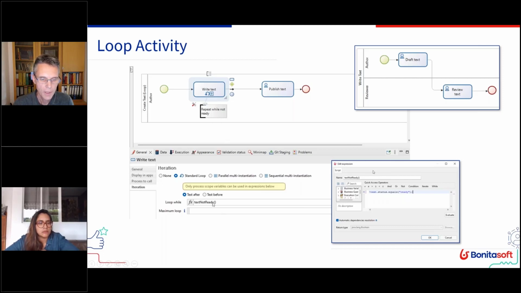So here we have that condition. Here is the exact definition. There's a status attribute, and when this doesn't contain the value ready, then the activity will be